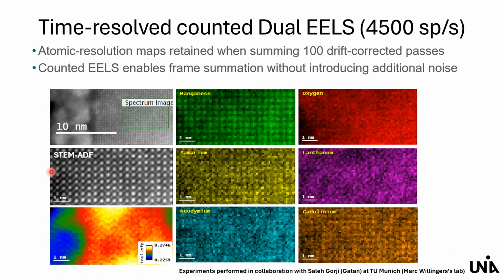Another important point that should be mentioned is that these direct detection counting cameras can be easily used to sum up the individual passes, and by summing up you will not get any additional noise. So that means there's no penalty for frame summation in this direct count dual EELS mode. This allows you to acquire the data rapidly and accumulate the signal by summing up passes as long as you want. And you can, in a post-processing step, check the first 100 frames as shown here, or also all frames, and look at the development of the sample during your measurement.